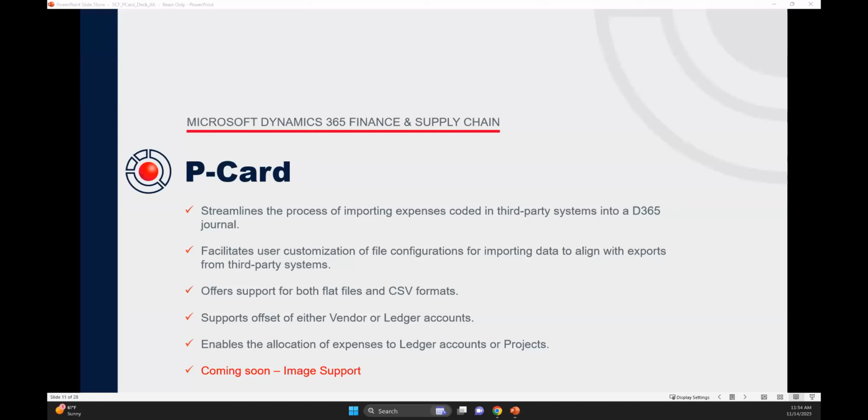Perfect. So the reason we are going to go over a little bit of Bank Fabric with this is because P-card does require you to have Bank Fabric. For those of you that aren't aware, Bank Fabric is the hosted version of FileHub that maybe some of you are currently using, and it is how those files go to and from the bank. As you probably know, almost everything we do either starts or ends with a file. And so Bank Fabric is a mechanism to shuttle those files back and forth in a secure channel.